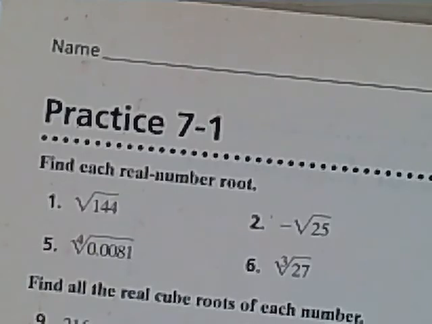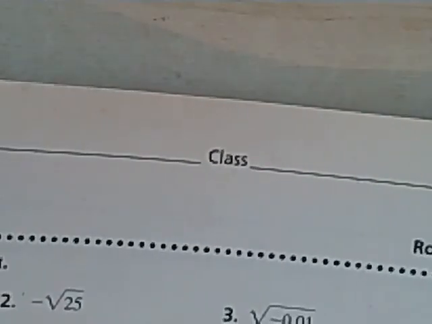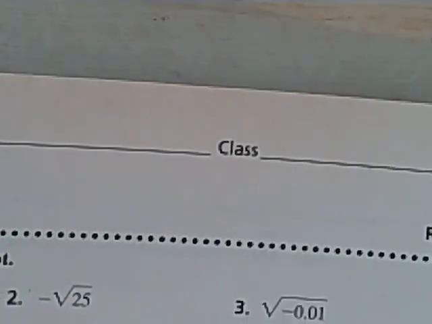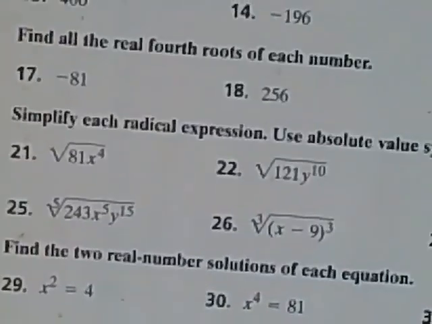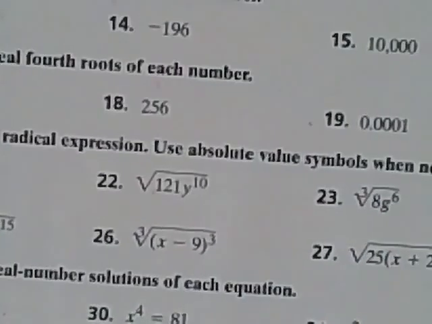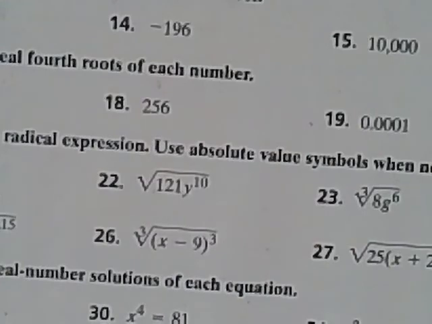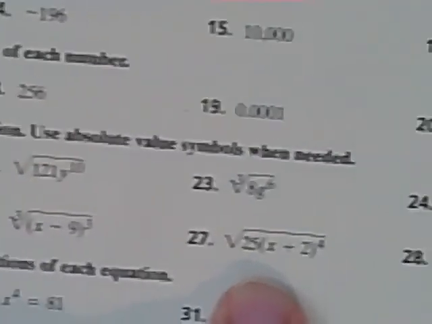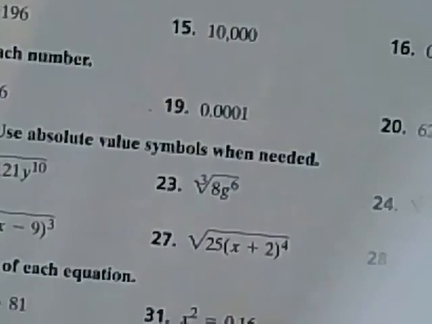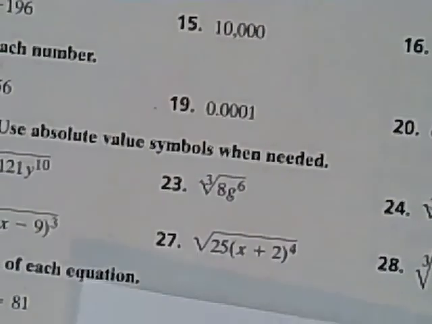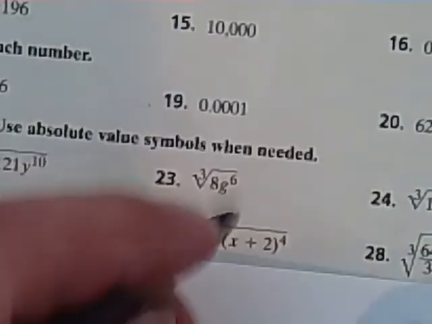Radical expressions. Okay. Like simplifying them. Yes. Oh, okay, so I'm looking. How about 27? Maybe that looks good. Okay, simplifying radical expressions. Number 27 is an example. It says,